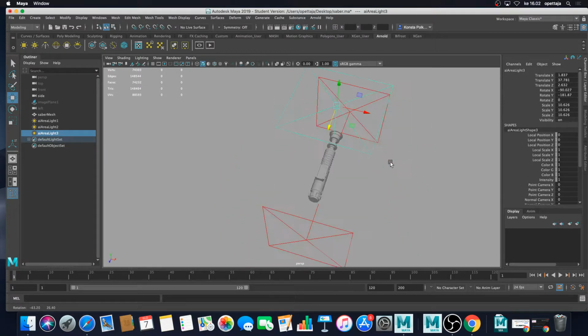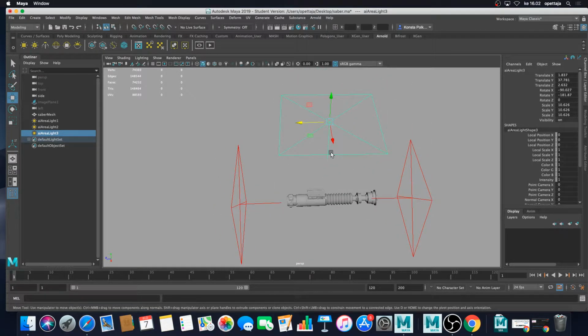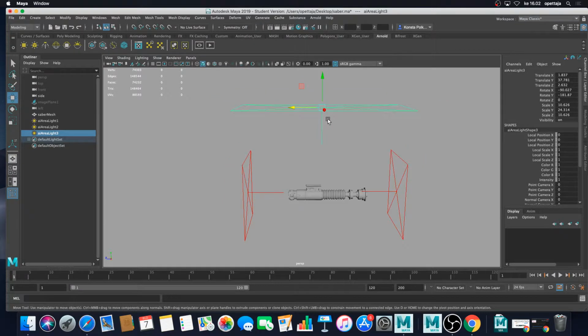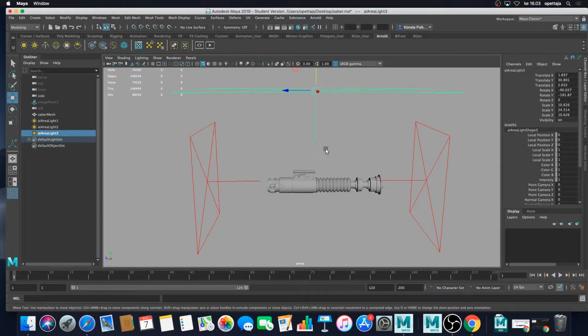And for this uplight I want to scale it a bit by pressing R, but now I'm going to scale it only on y-axis. So this is local y-axis, that's why it's oriented here. And now I have 3 lights on my saber,